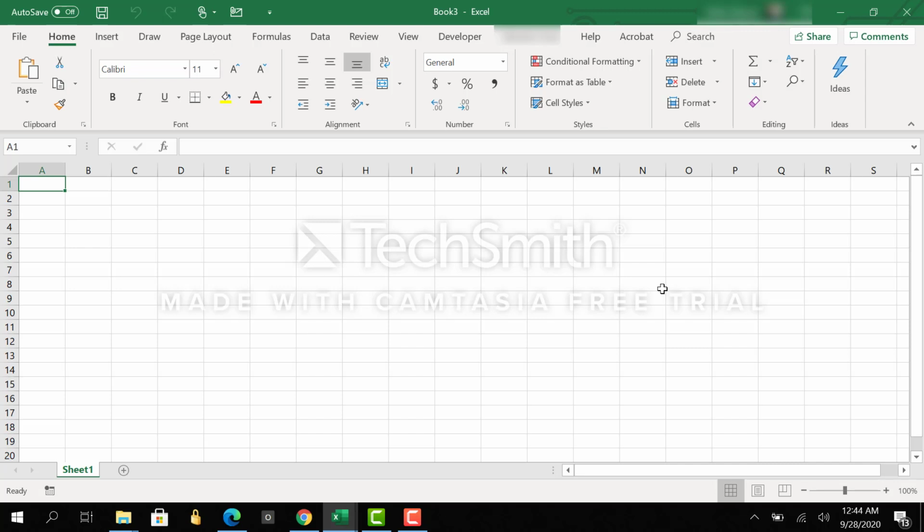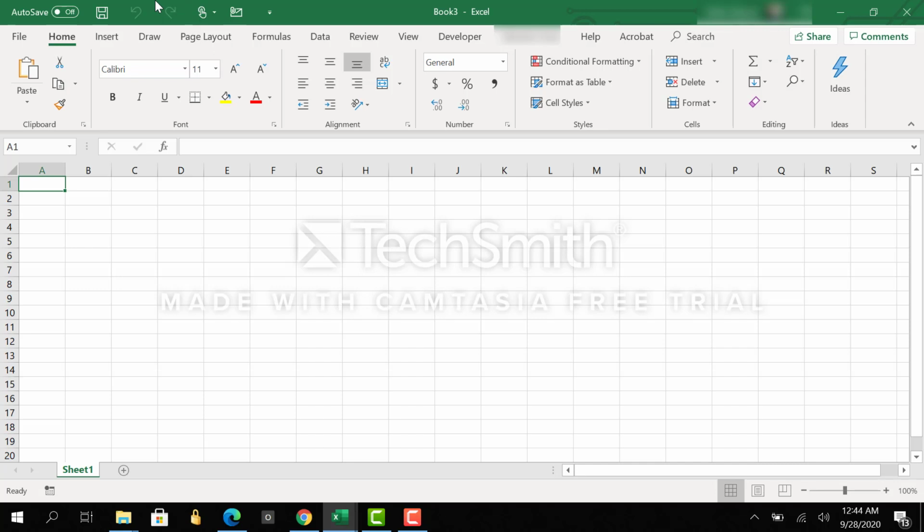So first of all, towards the top left corner of your screen, we have what's called the quick access toolbar. You can see here, there are some common shortcuts, common commands that you can quickly get access to.